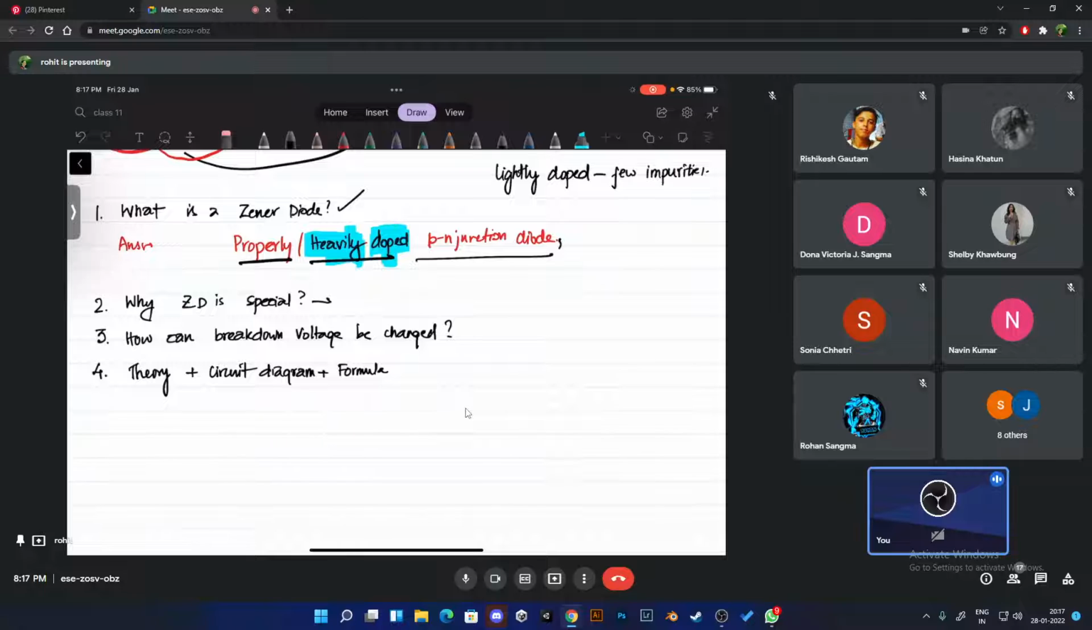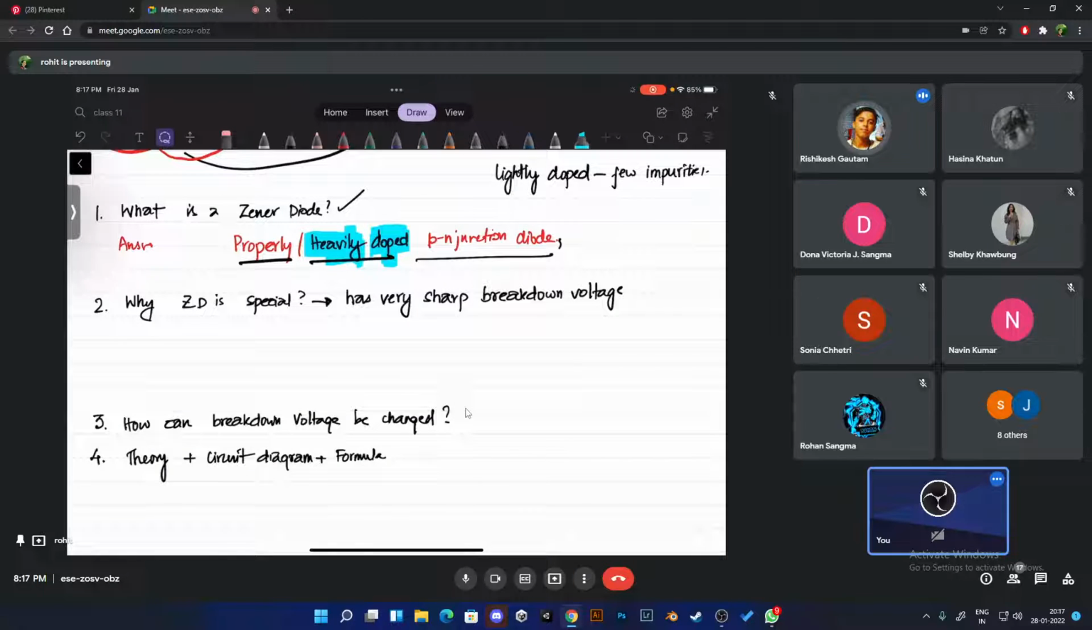It is special because a zener diode has a very sharp breakdown voltage. I'll explain this one, but please memorize it right now. Tell me, guys, why is a zener diode special? It has a sharp breakdown voltage. It is made to work